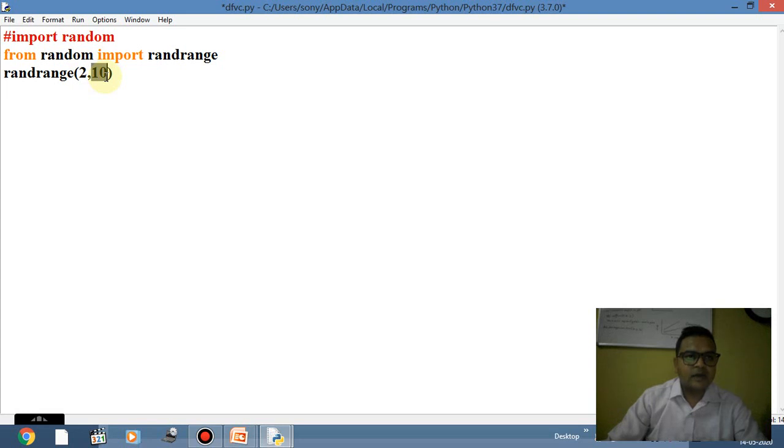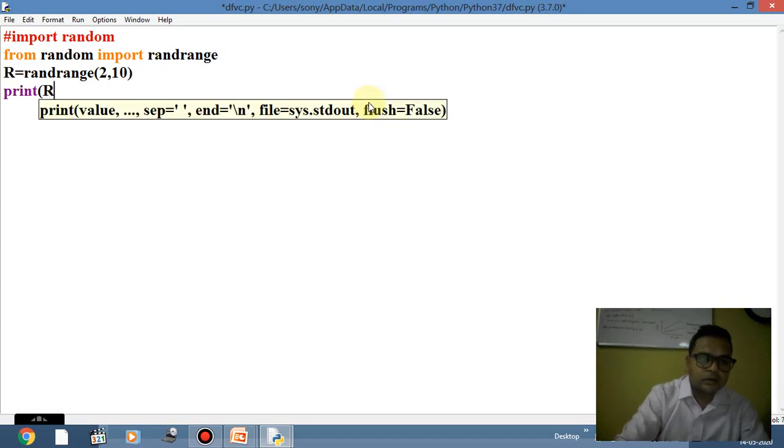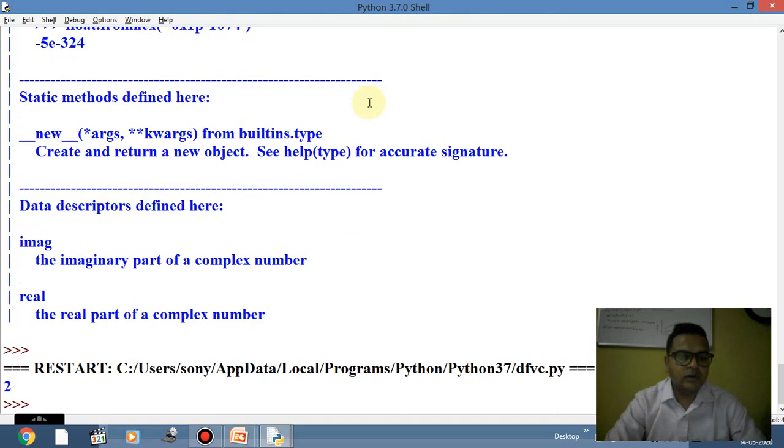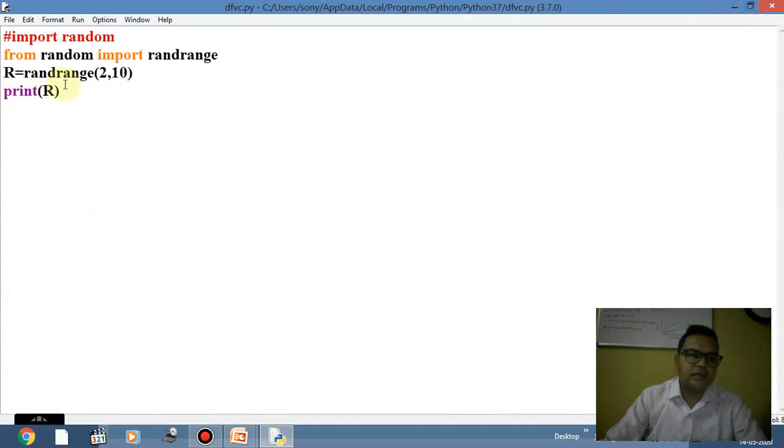But as we have discussed in the presentation mode, it will start from 2, but 10 will not be considered; 9 may come. Clear? Whatever the answer is will be stored in the variable r. If I want to know, print r, there should be some value. Now we will check what the value is. The value is right now 2. So 2 we can consider because 2 is the initial point, but 10 will not come. Up to 9 we can have the condition.